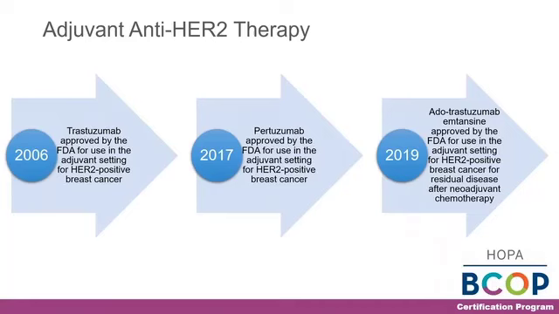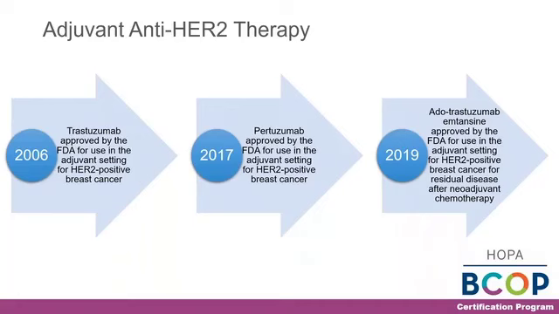Now that we've talked about a study regarding a hormone receptor positive breast cancer that's HER2 negative, and their recommendations for adjuvant chemotherapy, and then the CREATE-X study, which is more focused on triple negative or ER/PR HER2 negative breast cancer, I want to transition into adjuvant anti-HER2 therapies, specifically focusing on the monoclonal antibodies and the antibody drug conjugate,